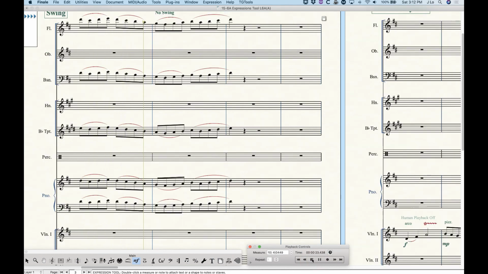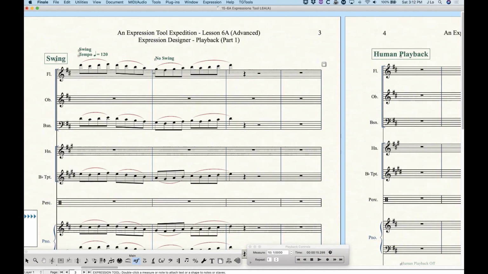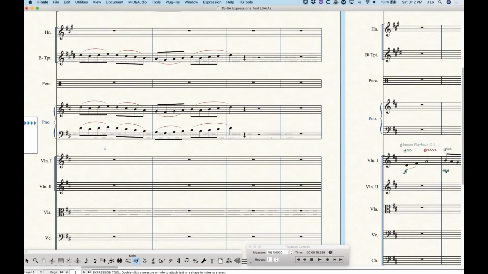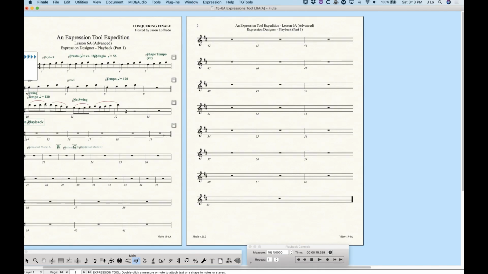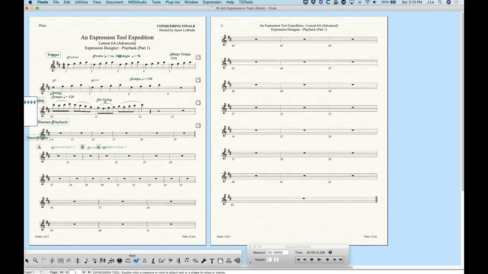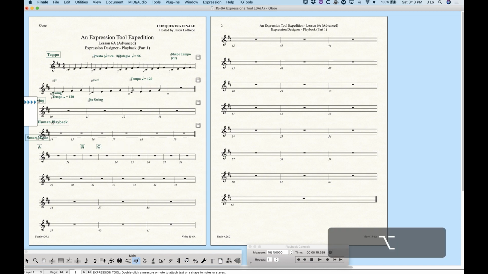Right. Which is kind of neat. And actually, because I changed the entire category, it actually changed the no swing as well, right? The problem with this, and the reason why I don't recommend this is, obviously if we go through the parts, it's fine. The flute's going to show the swing, no swing, same with, there we go. Same with oboe, same with